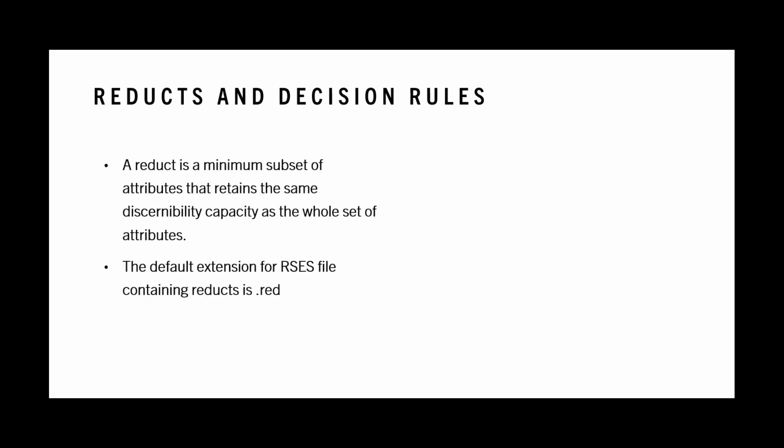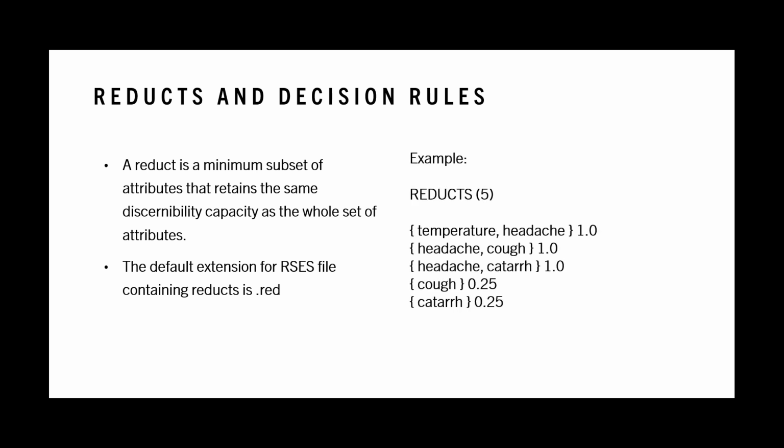The fourth method, reducts and decision rules. Reducts are the attributes that could be removed while still conserving the same properties of the original data. This method is used by RSES to identify any discrepancies in the data. All the reducts are stored in the RSES file with the extension .red. In this example, we see that there are 5 reducts and each